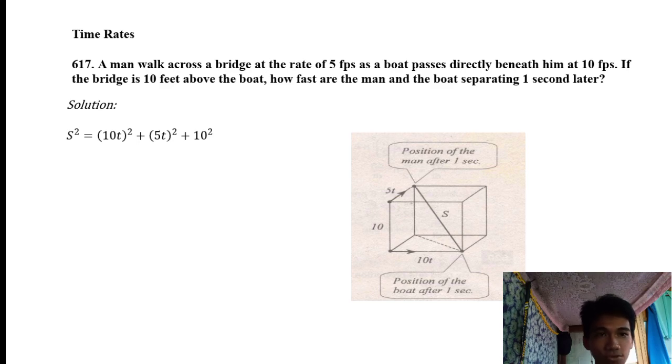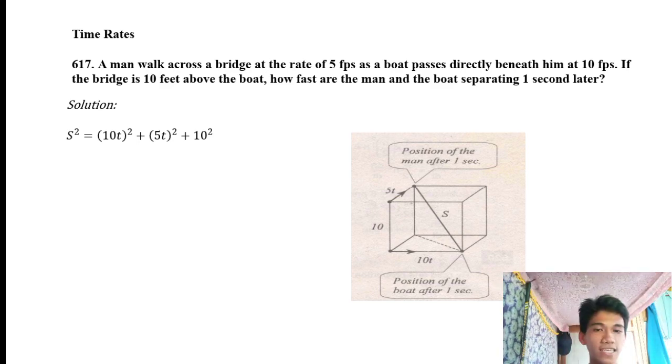Then ang ilang kalayo sa height nila is ang 10 feet. So we're gonna find kung unsa gyud sila kapaspas nga mag-separate within 1 second after. So ang solution is that